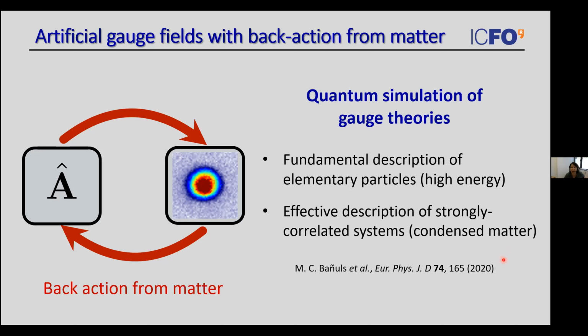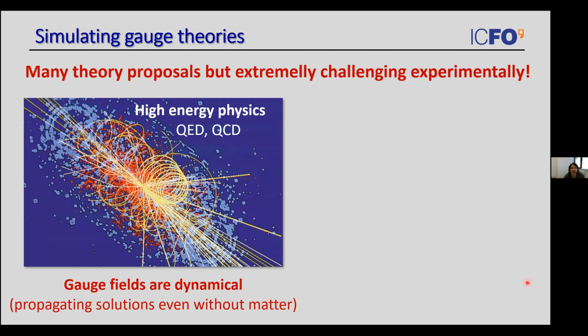So of course, this is a super ambitious goal, and there have been many theory proposals on how to try to merge quantum simulation and gauge theories with AMO systems. You have a nice review here that really describes many of the attempts made on that. But actually, when you're an experimentalist like me, you realize that what there are mostly in this field are theory proposals, but there are not so many experiments. And this is not because experimentalists are not interested. Of course, it would be fantastic if we could, in our cold atom labs, emulate physics of QCD, for example. I mean, maybe we would get intuition of what QCD is about, experimentalist intuition,